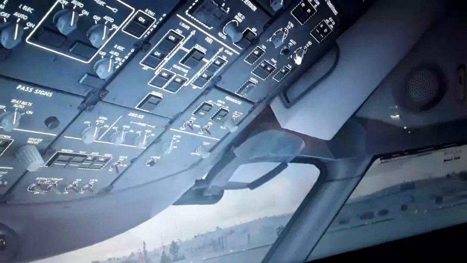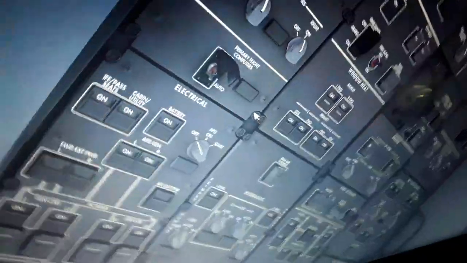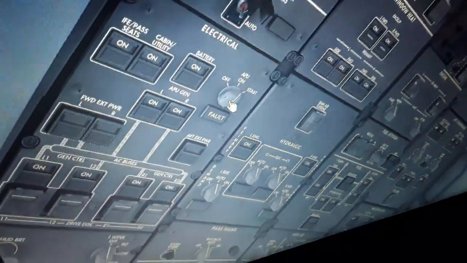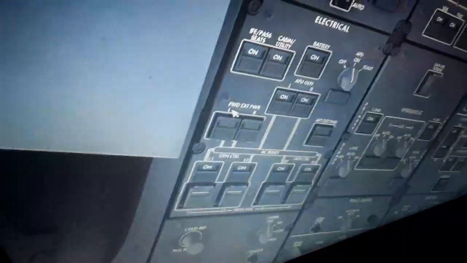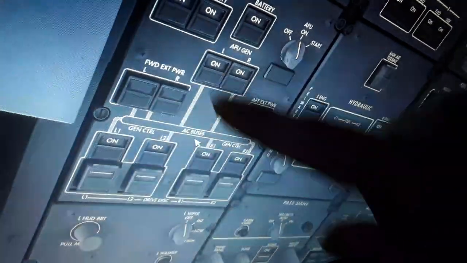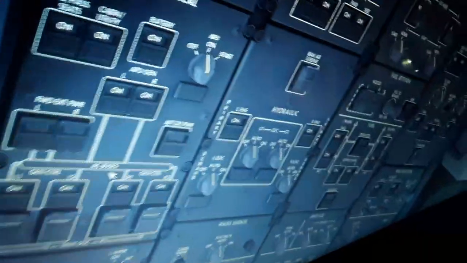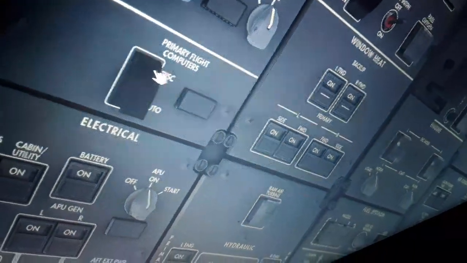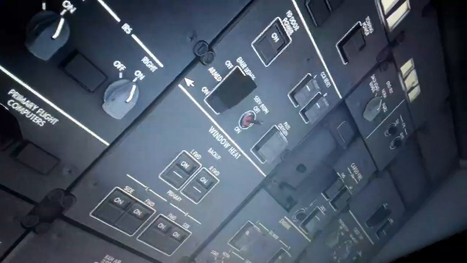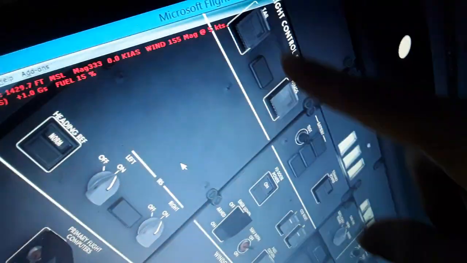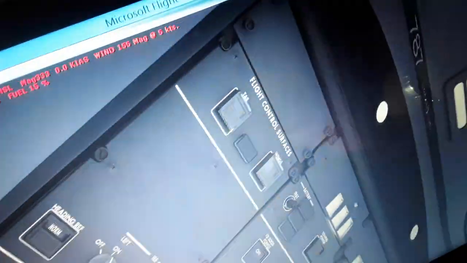Also, I will show you the data now before we go into flight. So we need to start the engines over here. I'm going to use the APU like this. Start the APU. So we have the left and the right IDG, the integrated drive generator, 115 volts, 400 Hz, regulated to the battery, APU generator, primary flight control computers in the auto position, flight data computer, flight control surfaces over here,